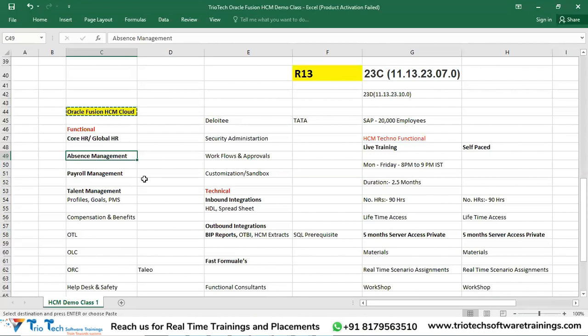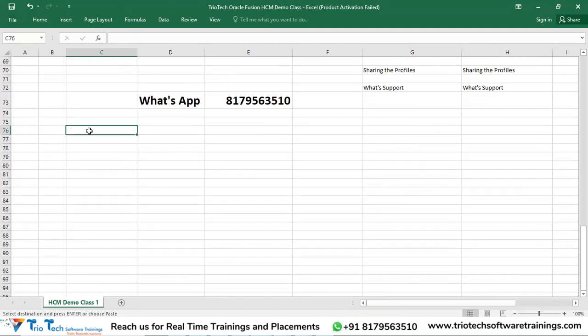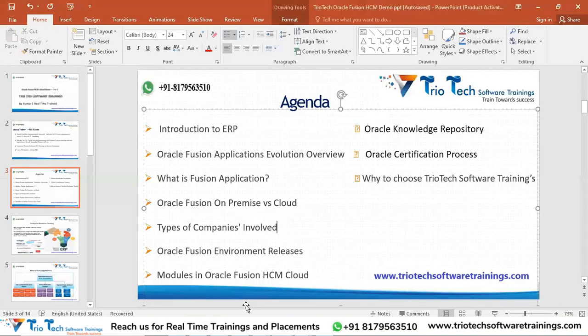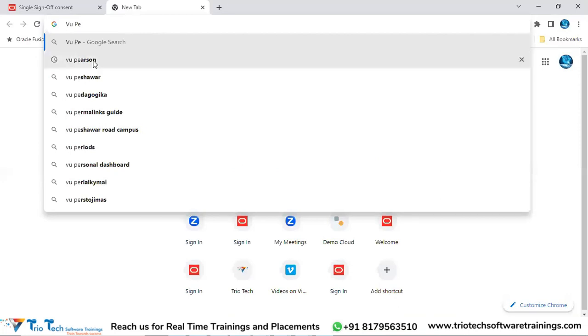How do we have to apply? What is the examination pattern? How many questions will we get, team? Basically, for the certification purpose, there are two ways to apply for the Oracle certification, team. Oracle partnered with a company called Pearson VUE. This is an examination partner for Oracle, team. If you go to your browser and search for Pearson VUE,